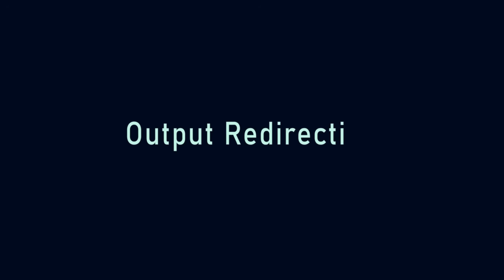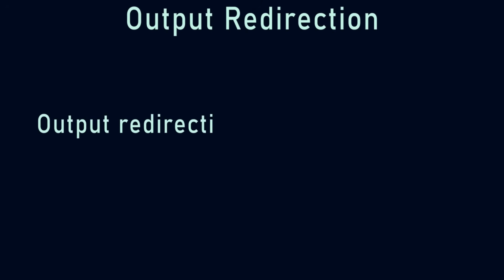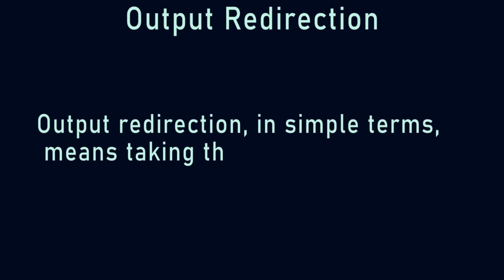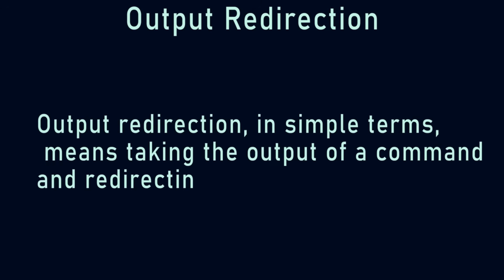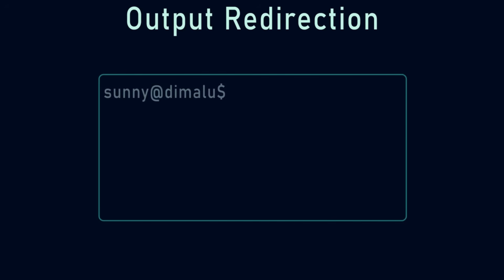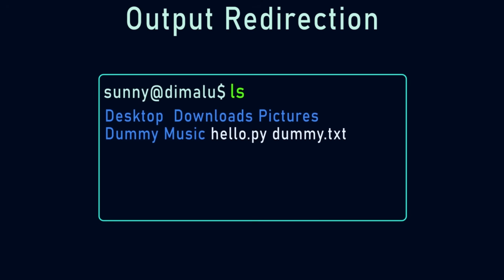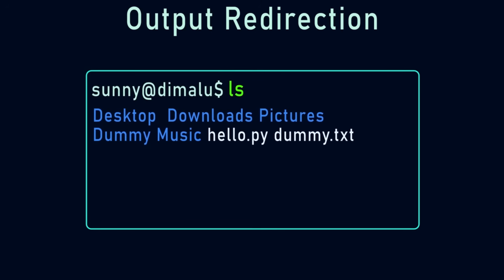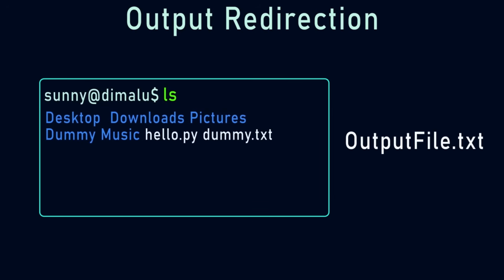In this video, we are gonna learn about output redirection. Output redirection is a fundamental concept in the Linux command line that allows us to control the output of a command or program. In simple terms, it means taking the output of a command and redirecting or saving it to a file. When you execute a command in the terminal, by default, the output of that command is typically displayed in the terminal. However, with output redirection, you can save the output to a